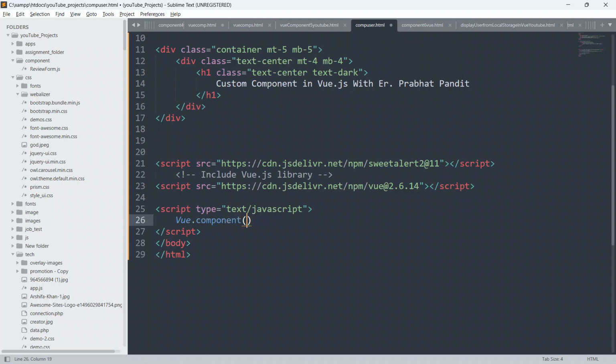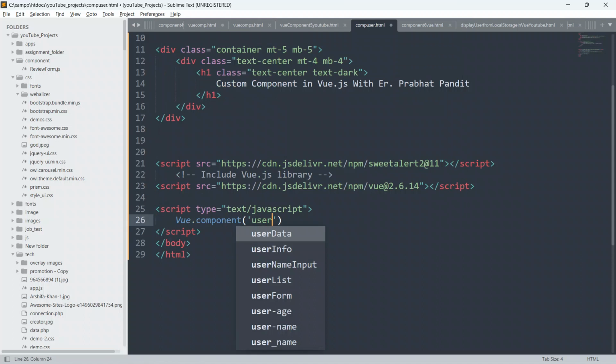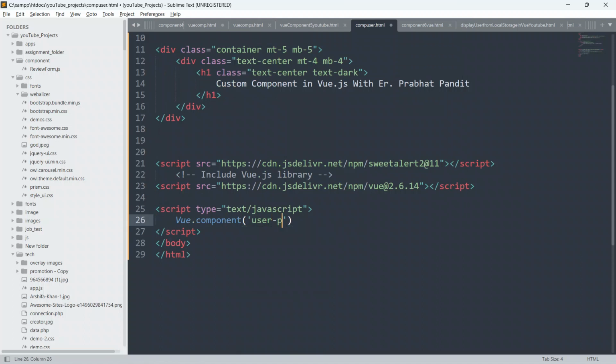And just give the component name. I will give here user profile as the component name. Always remember, in order to create a custom global Vue.js component in your application, you have to use the function Vue.component and define the component name.